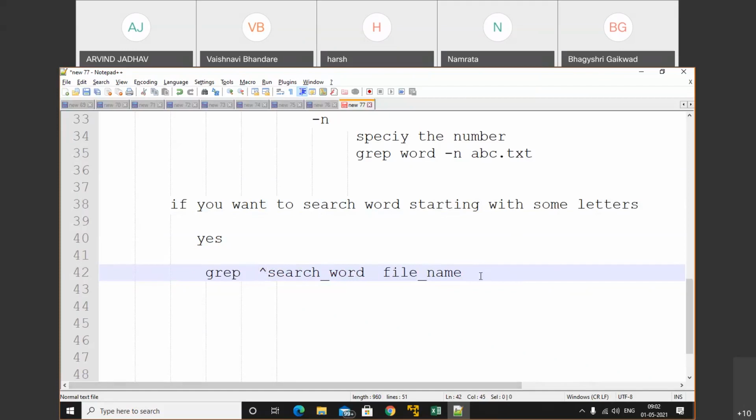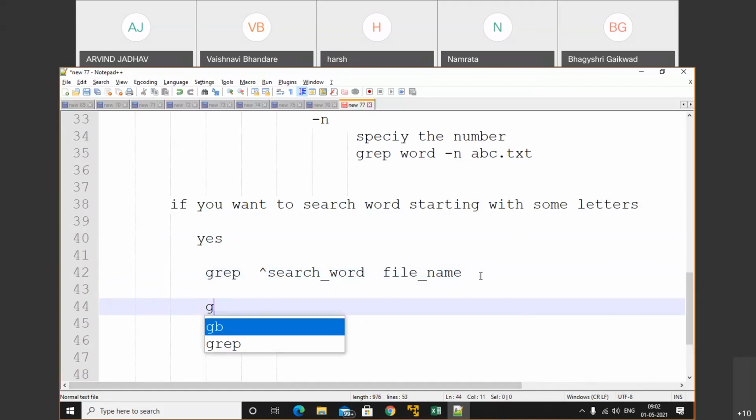For example, let's see one example, after that we'll do the practical. Grep, I want to search for words starting with cat. So I will put the cap before that word, and after that I will pass the file name. We'll get all the words starting with cat.